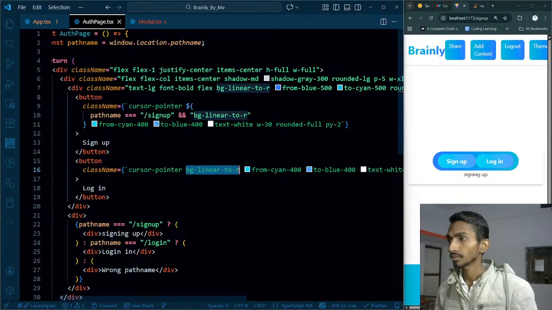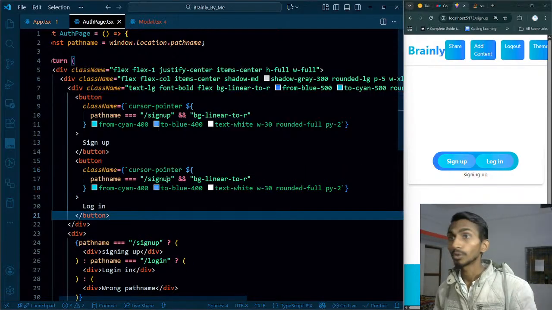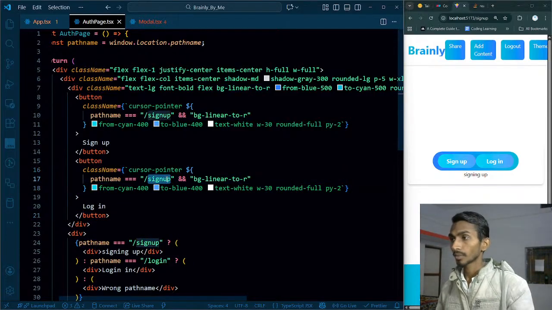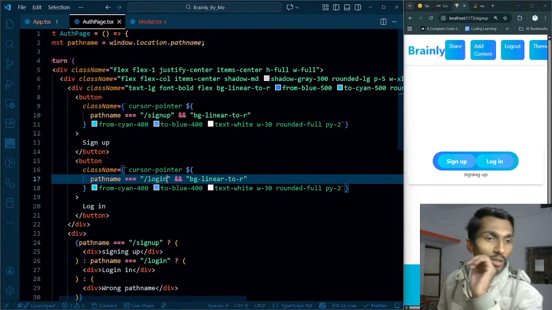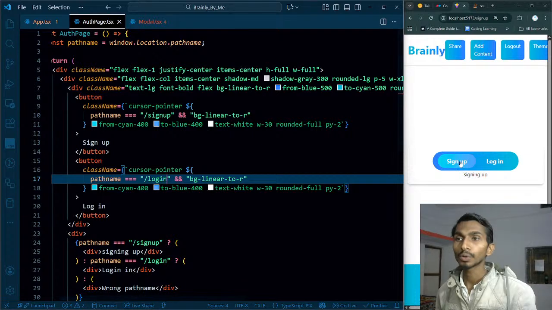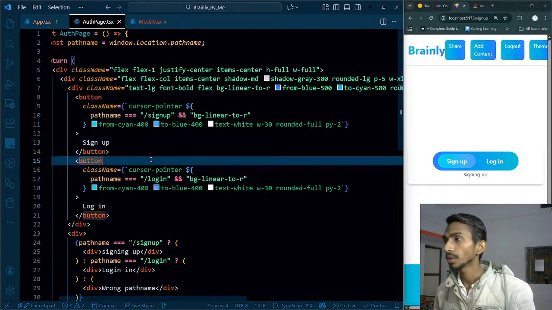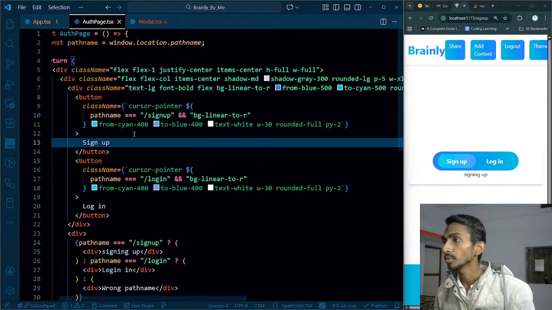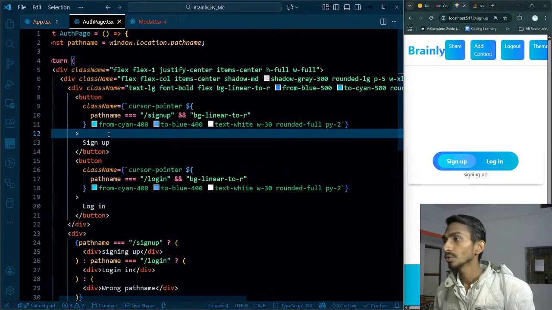Let's get rid of this thing. This is how it's gonna be looking like, and it will be login. Got it now. Okay, so this is how it looks right now. And one more thing, whenever I click on login, I should be redirected to the login page. So whenever I click on this button, what I can do,